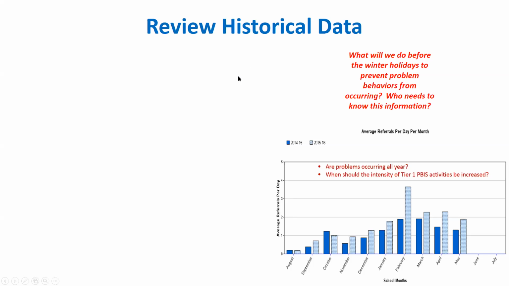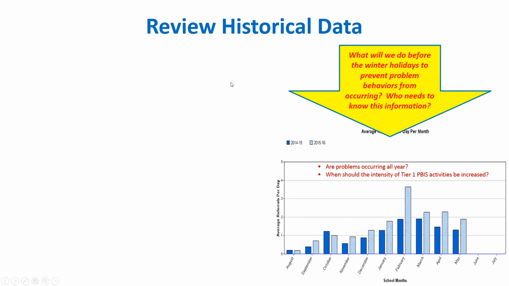One of the best things we can begin to do with our historical data is think about our average daily referrals per day and per month. For example, getting ready for a next school year, what are the months during the school year that we typically find spikes in our behavior problems? That allows the team to get out ahead of some concerns that might exist in the school and that historically explain why we have these particular issues during those months.